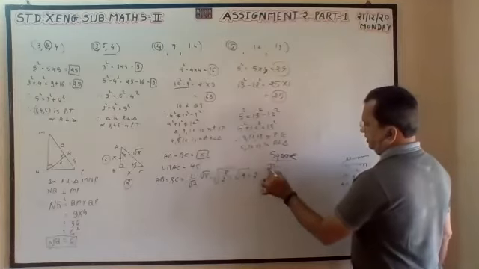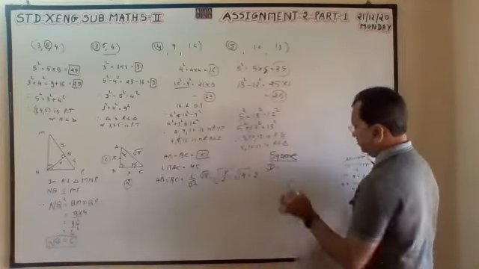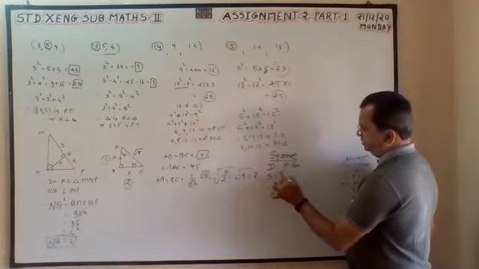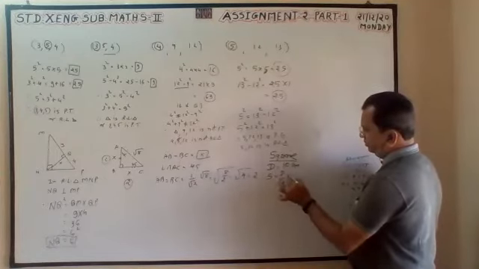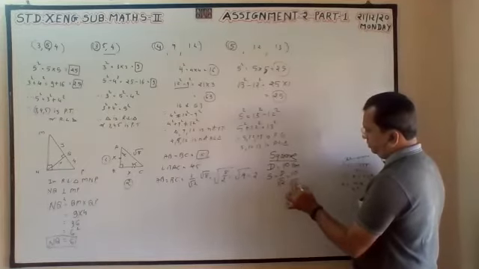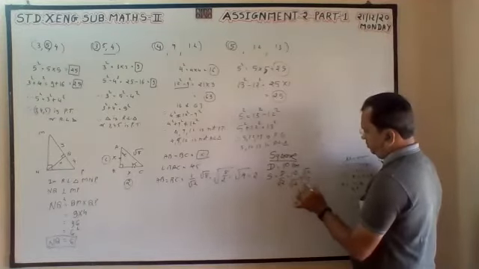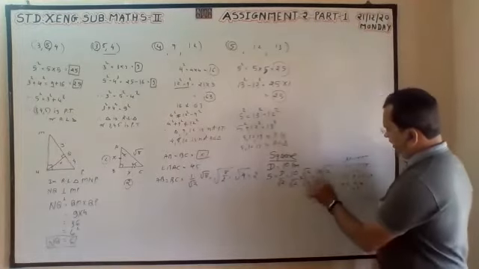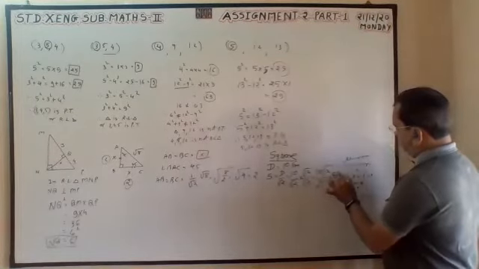Square. Diagonal is given, 10 centimeter. So side is equal to diagonal divided by root 2. 10 divided by root 2, multiply by root 2 divided by root 2. 10 root 2 divided by 2. Cancel. So 5 root 2